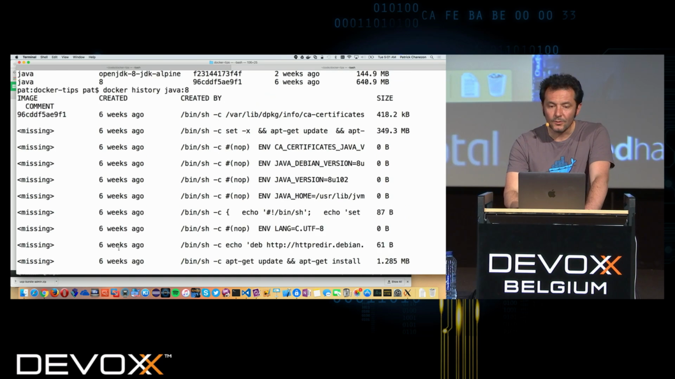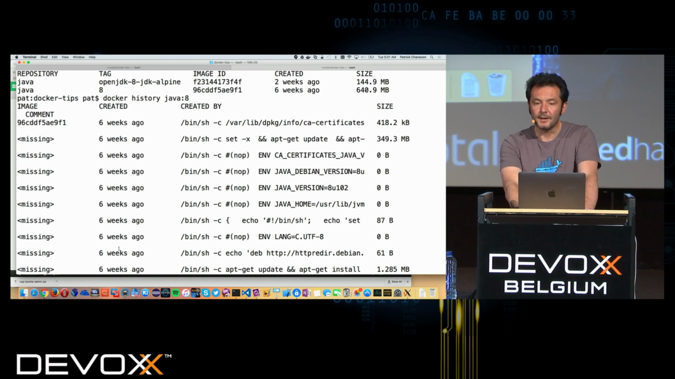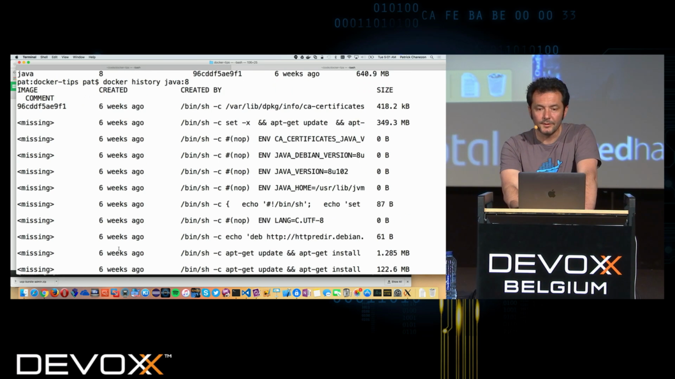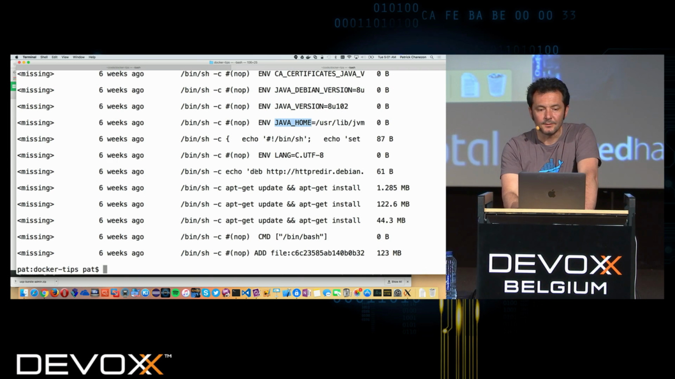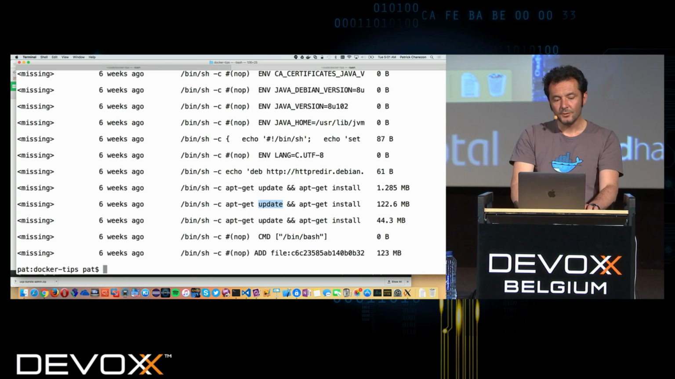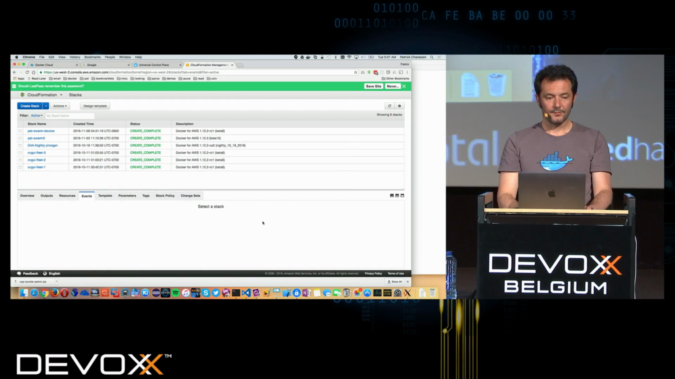And it will tell me all the layers that have been created on that image with some details about their size. Here you can see I'm setting some certificates, or that's in the official image. It's setting the version. It's running. It's installing some packages and things like that. When you want to know more, one of the things I advise you to do is